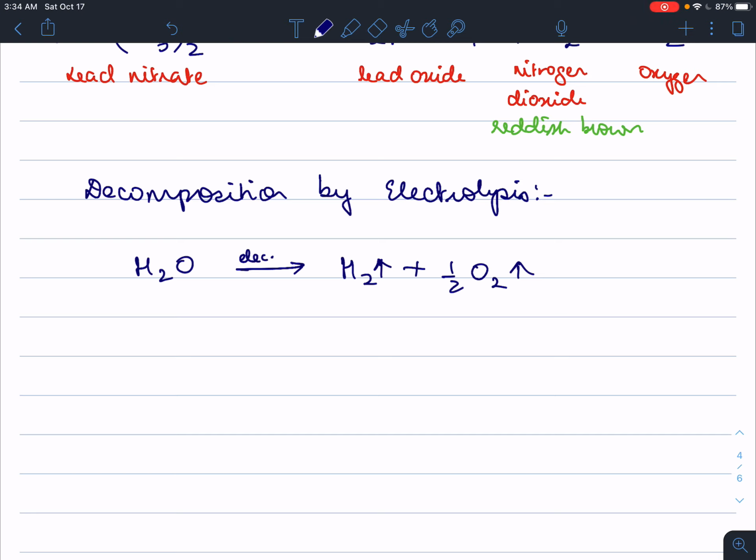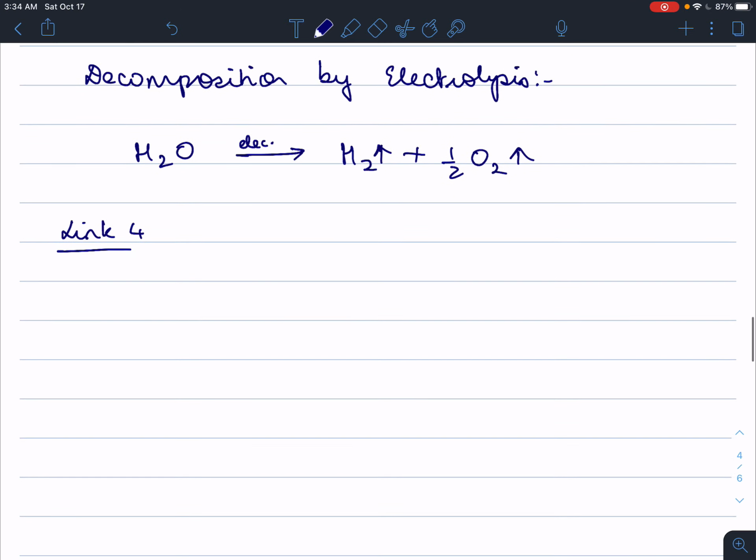How would you do it? You have that in a very good video in link 4 in the description below. So you can break a bond, you can break a molecule using electricity as well. Not only that,